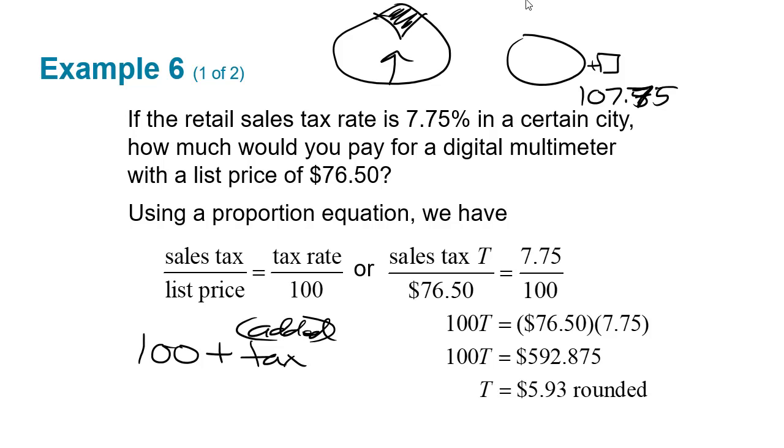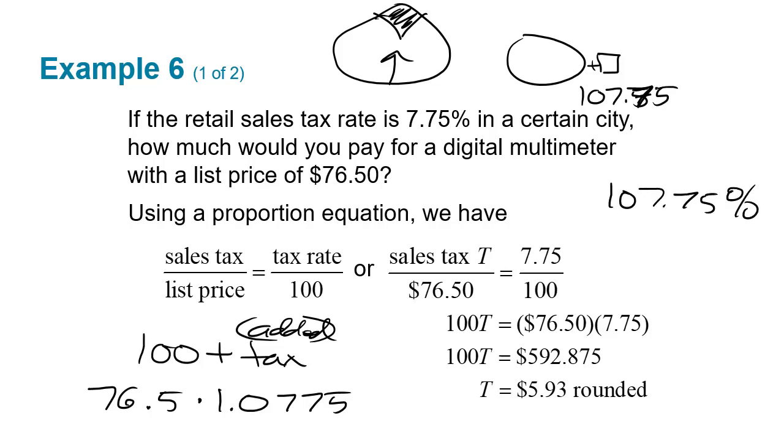So just like when we reduce something, when we discount something, we subtract that amount from 100. When we're adding something, then we just add that amount to 100, and it makes the math so much easier because now we could just do 76.5 times 1.0775, right? Because as a percentage, it's